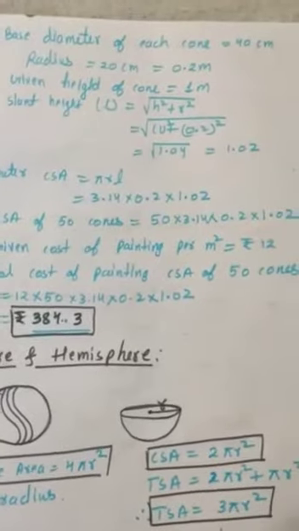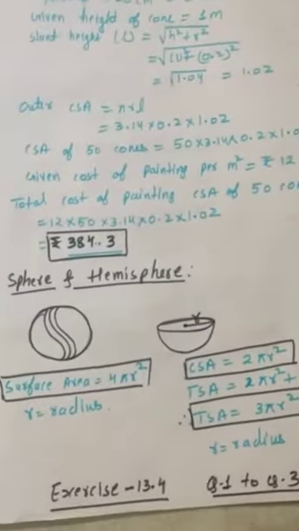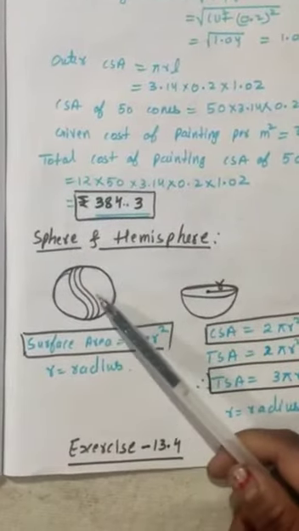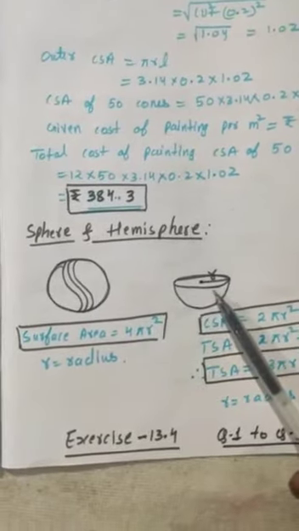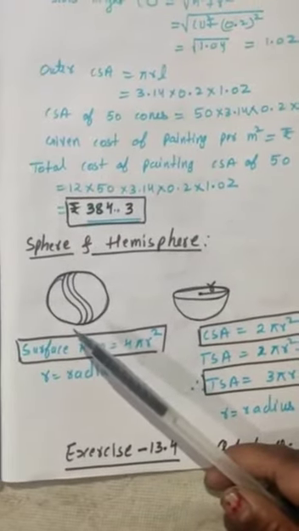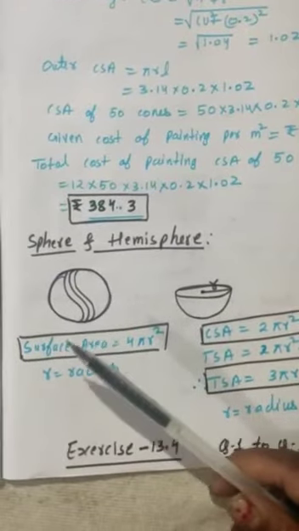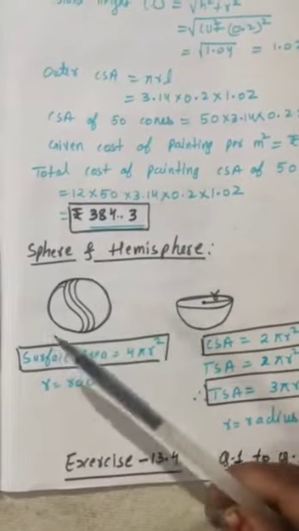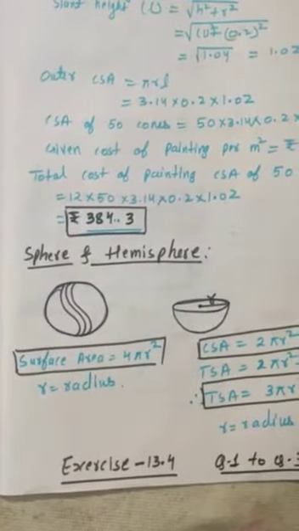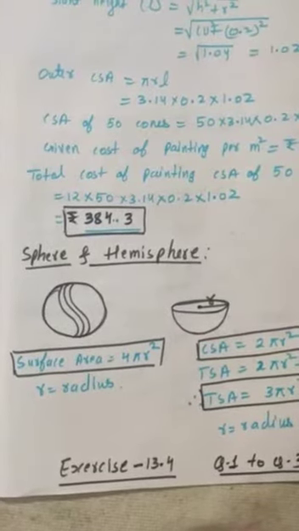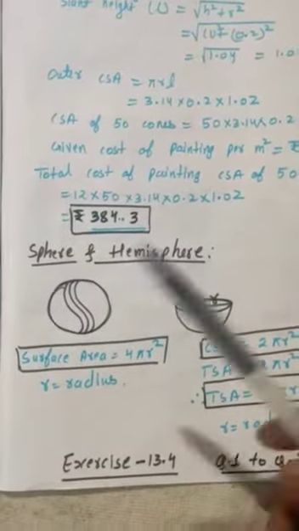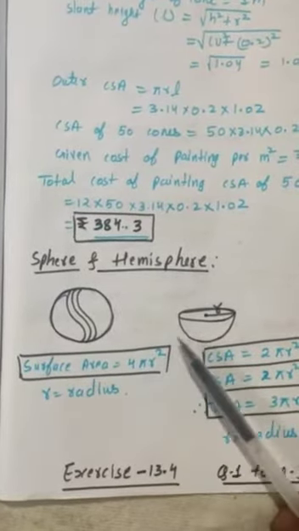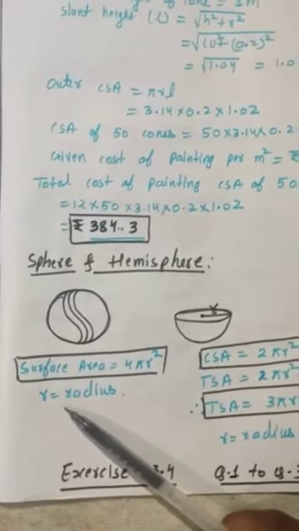Now you can just go through. I've already posted the images, sphere and hemisphere. So you can draw, you can just see I have drawn a rough diagram of sphere and this is a hemisphere. Now you know sphere जो एक आपकी बॉल होती है, कॉस्को की बॉल और फुटबॉल और बास्केटबॉल. So if you want to calculate its surface area, it has only one surface area जो कि total surface area होगा. It don't have two different areas. Surface और curved surface area and total surface area are not different in case of sphere. So what is the formula for calculating surface area? 4 pi r square. Okay, where r is the radius.